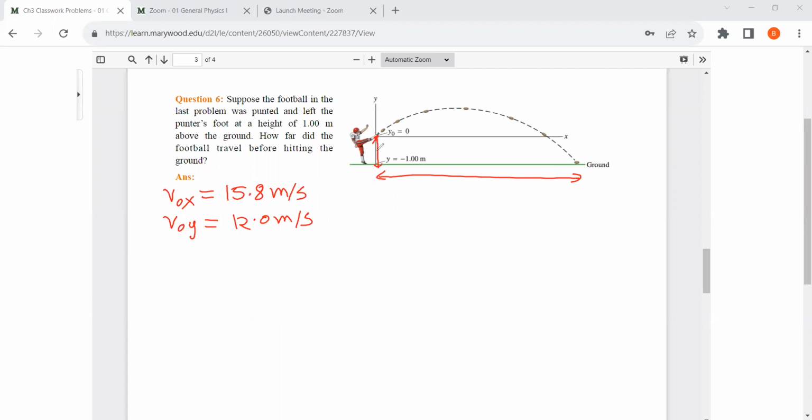Here we choose this as our origin, so x0 equals 0 over there, and y0 equals 0 over there. Now if I want to calculate x, the only equation I can use is